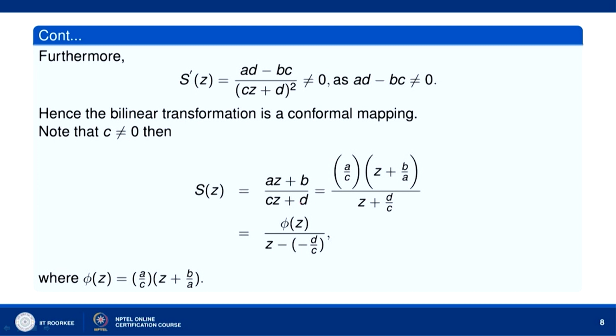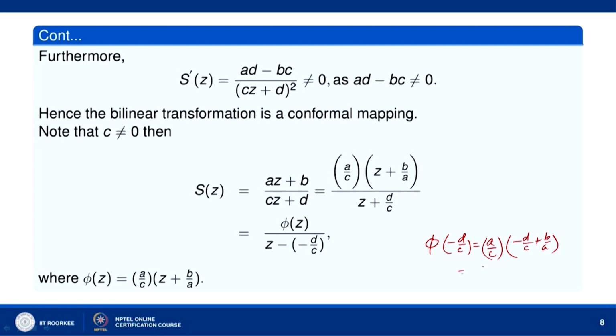Now, further note that if C is not equal to 0, then S(z) can be written as (Az + B)/(Cz + D) equal to (A/C)(z + B/A) divided by (z + D/C). Now, let us denote (A/C)(z + B/A) by the function phi(z). Then phi(z) is (A/C)(z + B/A), it is a linear function. Okay. So, it is an analytic function, and moreover we notice that phi(−d/c), if you put −d/c for z in phi, then phi(−d/c) is equal to (A/C)(−d/c + B/A),